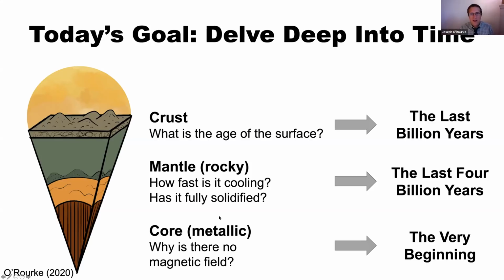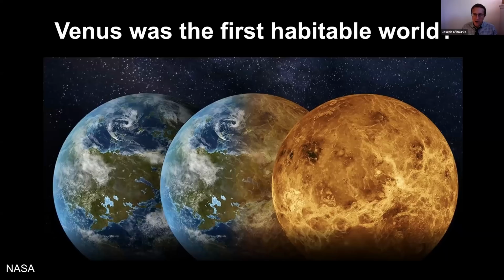And I would argue that the properties of the core are a signal as to how Venus was put together in the very beginning. So we're going into the deep interior, and the deep interior is deep time. And I really want to start out by telling a provocative story that will motivate asking the questions that I'll ask. So the provocative story is that Venus and Earth began as twins.